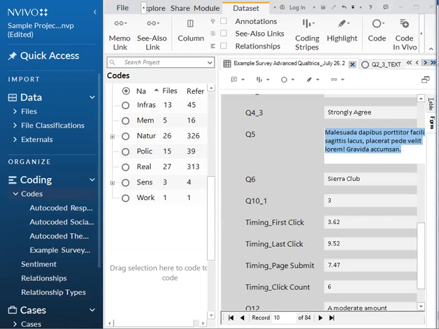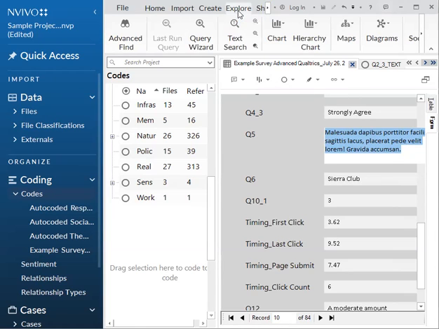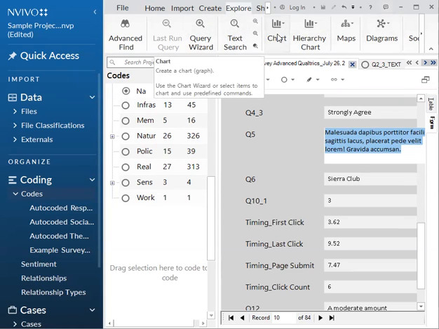So next, we're just going to go over some queries and visualization options with NVivo. If we go to our Explore tab, you'll see different queries and visualization options.